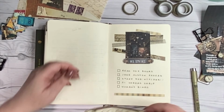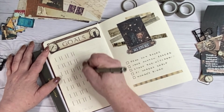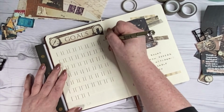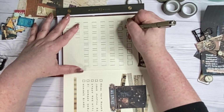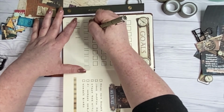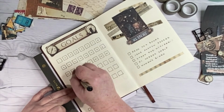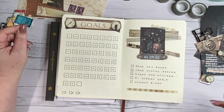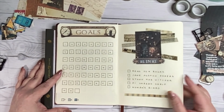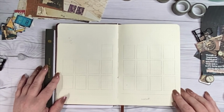My other goals, again, to read 50 books, to do a Jane Austen reread, which I'm going to do in order of release, which I've never done before. I am going to start the Witcher series. My 21 and 21 will be from my unread shelf project, and then I have set up a women's inspired bingo challenge for myself. Not only did I inadvertently make 51 boxes here instead of 50, but this is the moment that I realized that my title on the right says 21 and 21 instead of goals. Here's my 21 and 21,